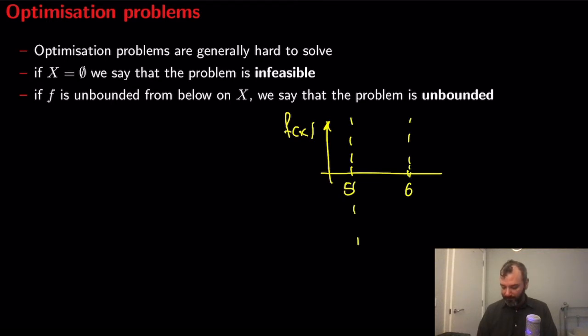And let's say that my function looks like this. Here it goes down to minus infinity. This is an unbounded function. So you see,